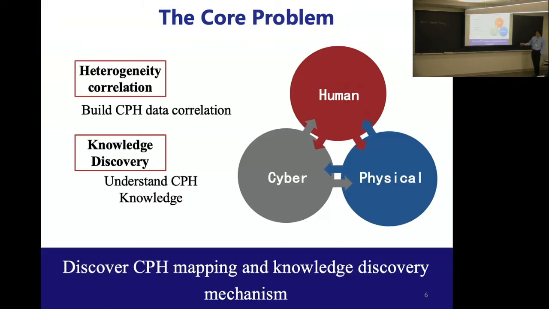The key is, first of all, to find the correlation across the spaces, mainly the cyber-physical cross-space correlation, to find the data mappings, sometimes called alignment. Once we have that, we first need to understand what we call data knowledge from the data plane. Second, we need to use human knowledge to check whether the data knowledge adds to our knowledge or is consistent with our human knowledge. This is the key.